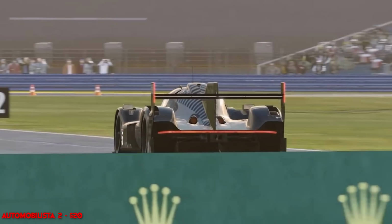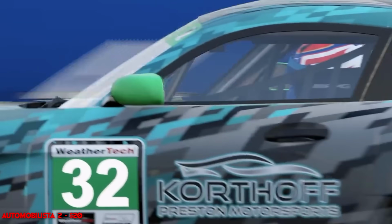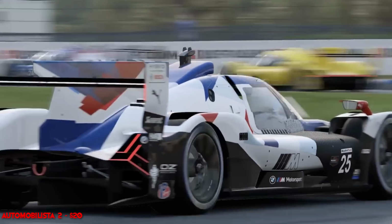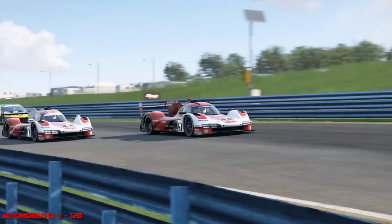It's on sale right now for 20 bucks for the base game, which is half off. All the DLC is on sale as well. You can get tracks, cars, and everything else. If you've played Gran Turismo before and you're ready for something a little more difficult and realistic, this is the